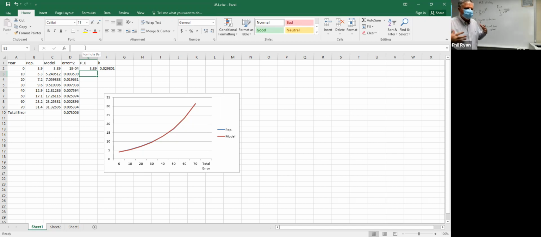So there's a second model. This is the first model. This is exponential growth. There's a second model called logistic growth. This is also called Malthusian growth. People heard of Thomas Malthus? He's a famous,